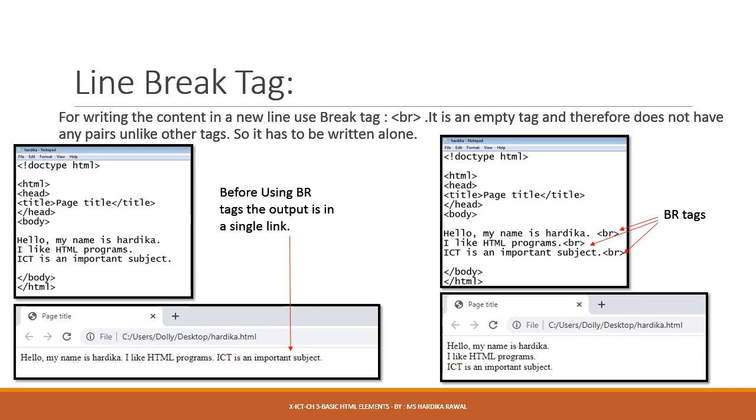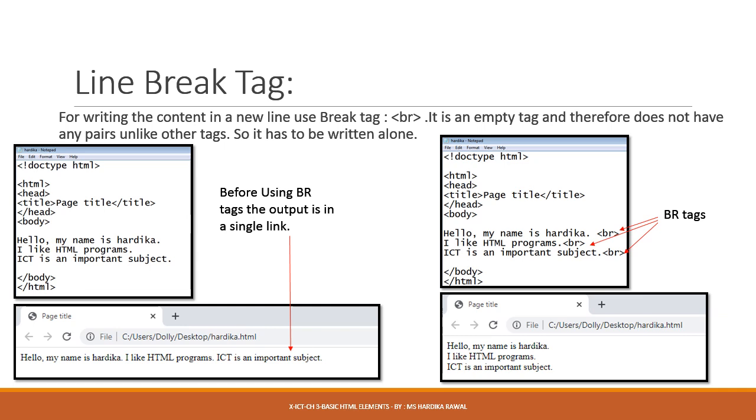Because in HTML, if you want to add a new line, you will have to use the specific tag for that. For getting a new line, the tag is BR, that means a line break. Use the BR tag wherever you want to have a new line. For example, there are two programs on your screen. On the left hand side, no BR tag is used, thus the output is obtained in a single line. While on the other hand, in the second example, the BR tag is used where the break was needed, thus in the output there are three different lines.